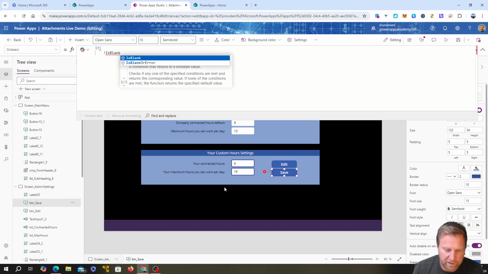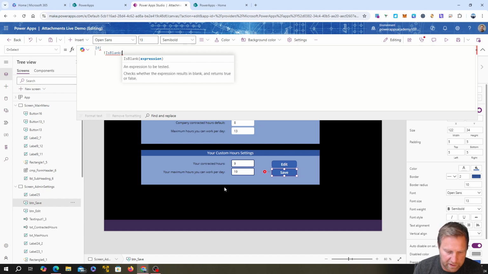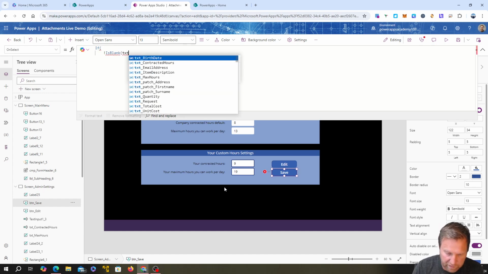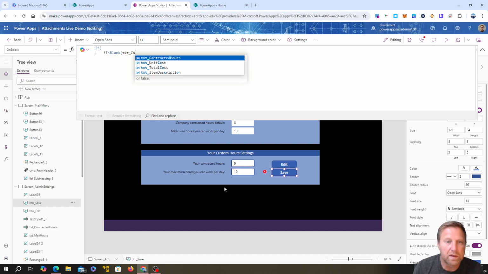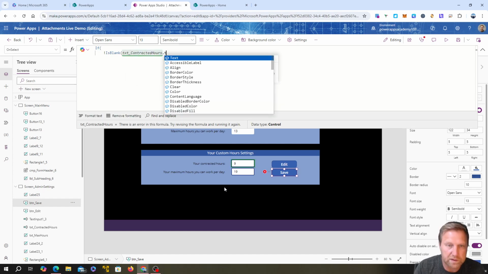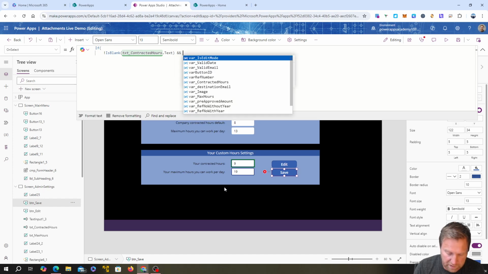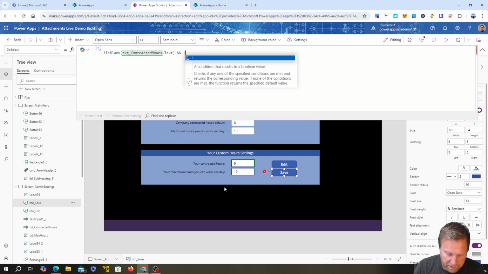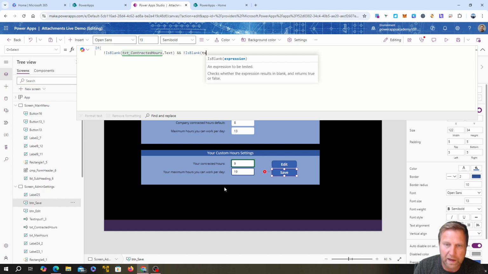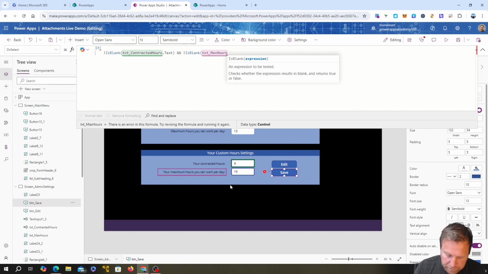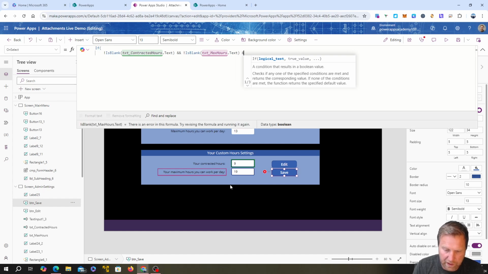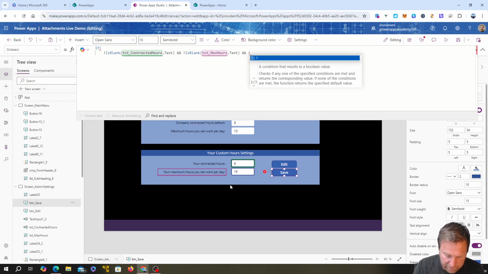So we're going to use that, and we're going to go into text underscore contracted hours dot text, which is the value in that box, and is not blank, the max hours value dot text, and is not blank,